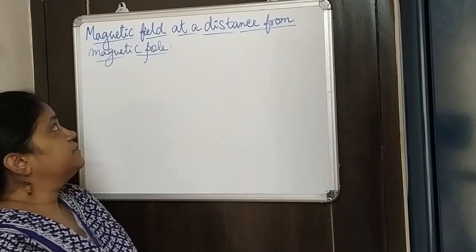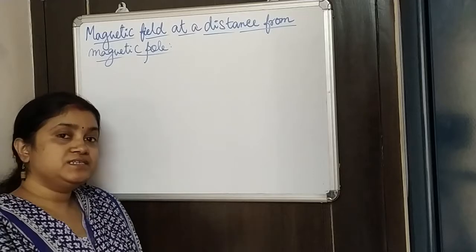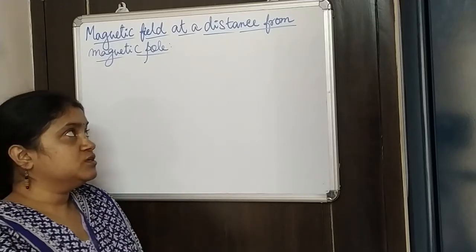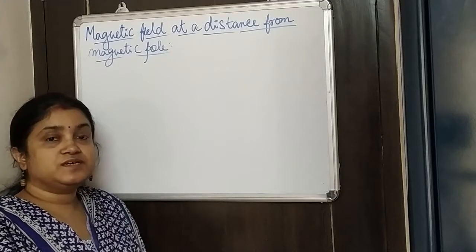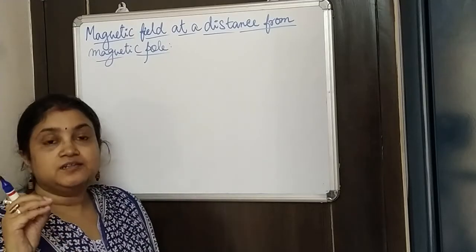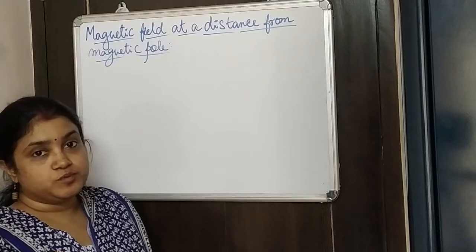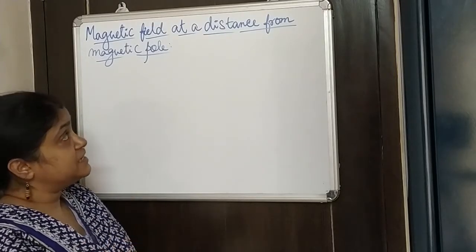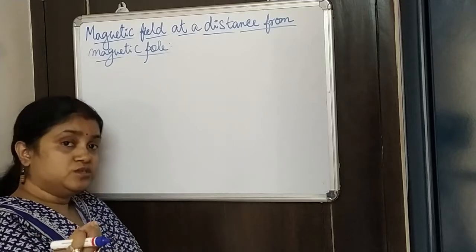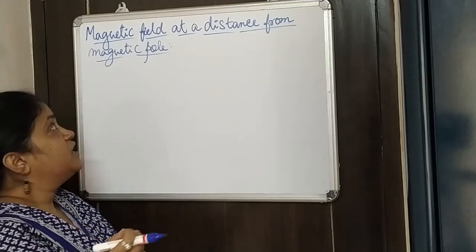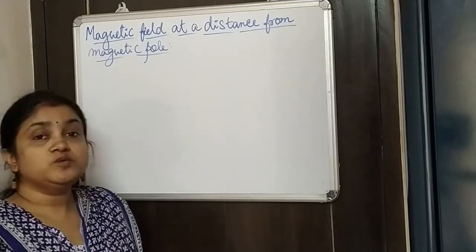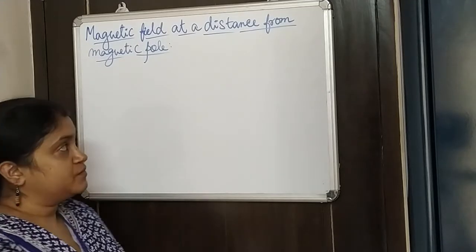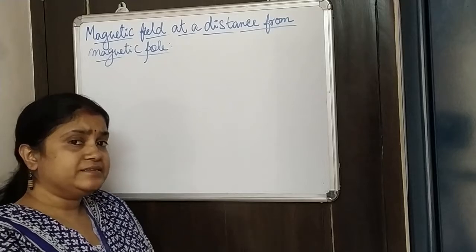Let's start with magnetic field at a distance from a magnetic pole. In our previous classes we have seen that a single pole can be either a south pole or a north pole. Now we will see, due to a magnetic pole at a distance, what would be the amount of magnetic field. So for that, first let us